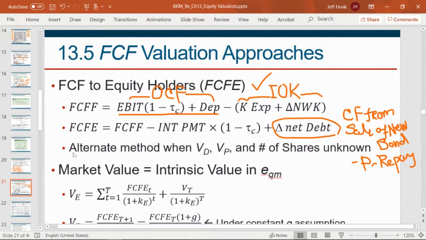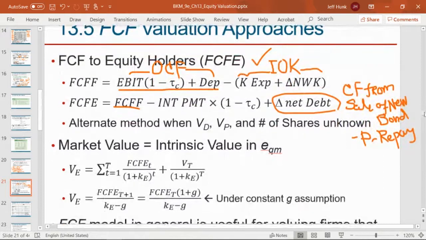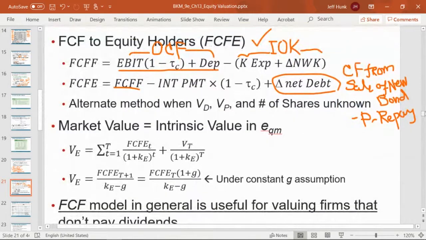this has an advantage. Free cash flow to equity holders has an advantage. Advantage over what? Advantage over free cash flow to the firm. Why? Because to use free cash flow to the firm, you have to know the value of debt and value of preferred stocks, right? And of course, the number of shares should be known to eventually get to